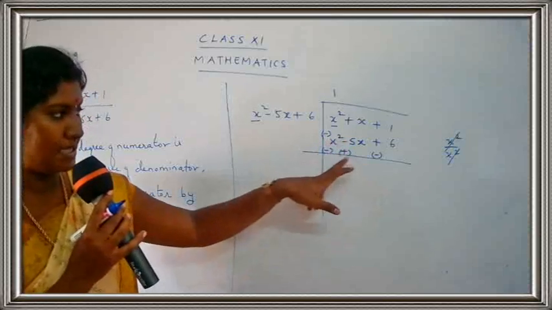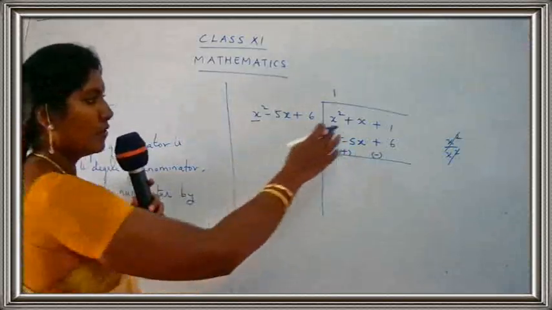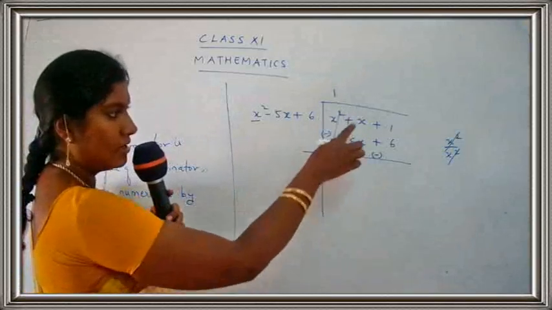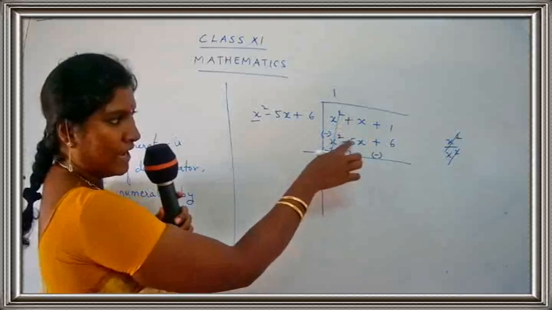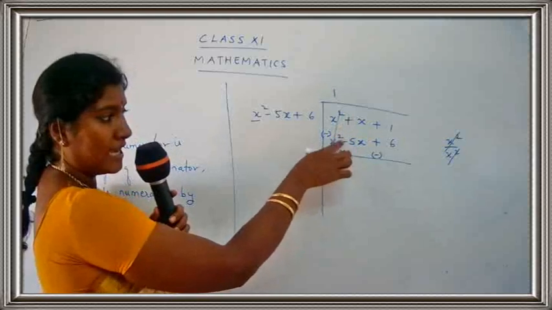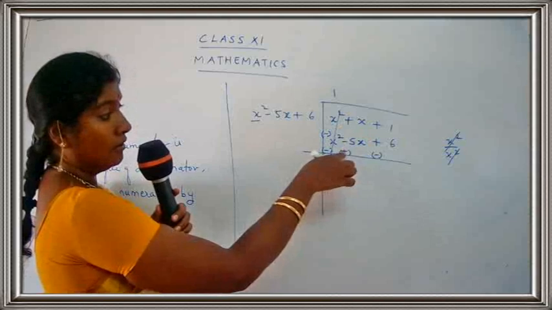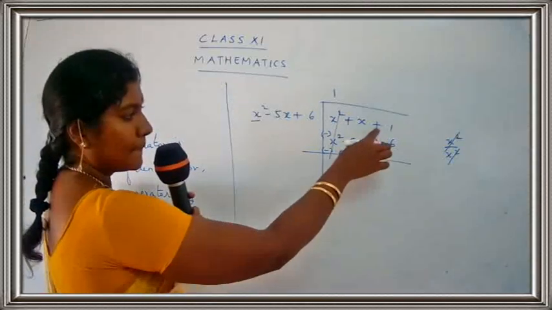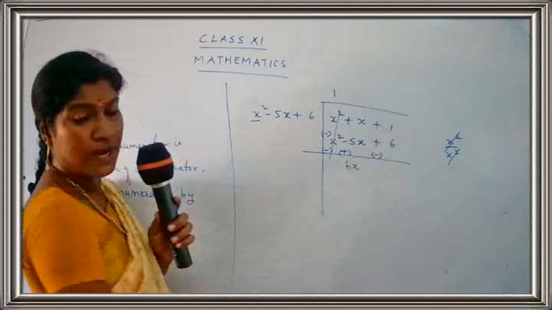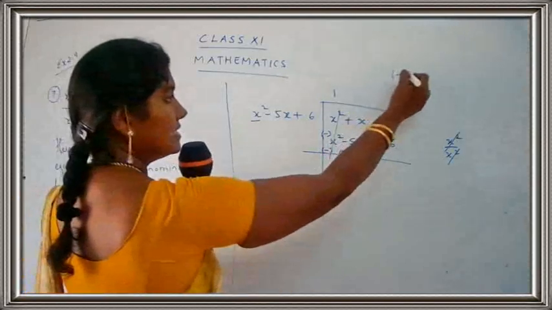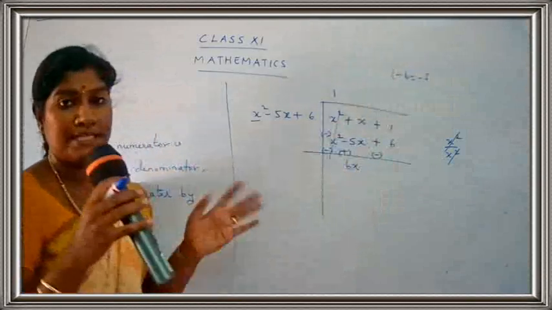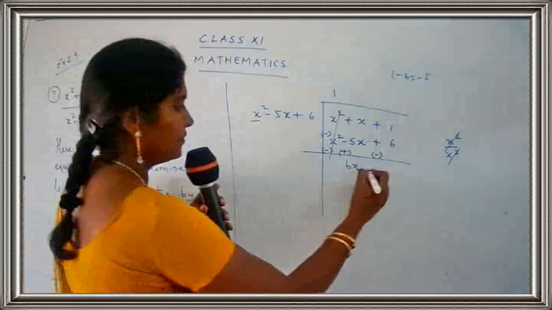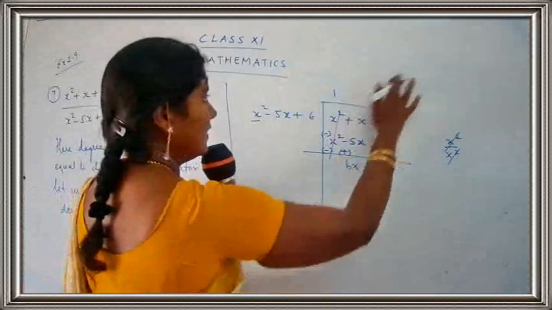So minus plus minus. So now x square minus x square gets cancelled. 1 plus 5. I am not going to take the previous sign, I am going to take the new sign. So 1 plus 5 is 6x. 1 minus 6. What is 1 minus 6? 1 minus 6 is equal to minus 5. Plus minus minus, and the sign of the bigger number is minus. So I get minus 5. So it's 6x minus 5.